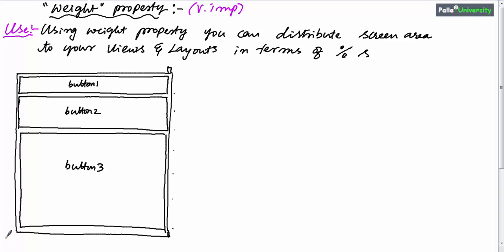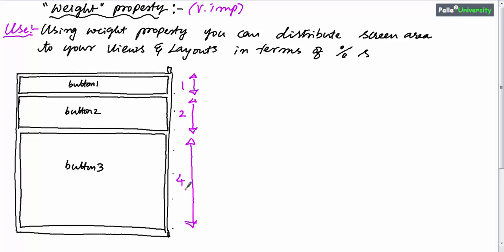Let us say I have a screen design like this with 3 buttons, where button 1's height and button 2's height and button 3's height should be in 1:2:4 proportions, which means if we divide the screen's height into 7 equal proportions, I said 7 equal proportions because 1 plus 2 plus 4 is 7.